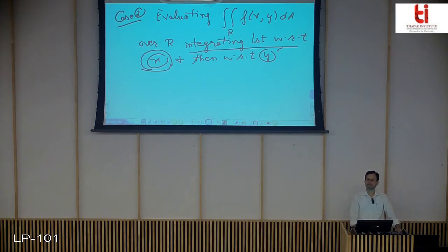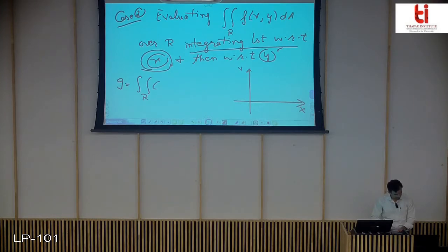We are considering the same question, as I told you in the last lecture, that we will solve the same question with respect to x and then with respect to y also. So here I am considering the same question, and now we will integrate with respect to x first and then with respect to y. That is, we now have to find this integral of y minus the square root of x, but with first integration with respect to x and then with respect to y. This is what we have to find.